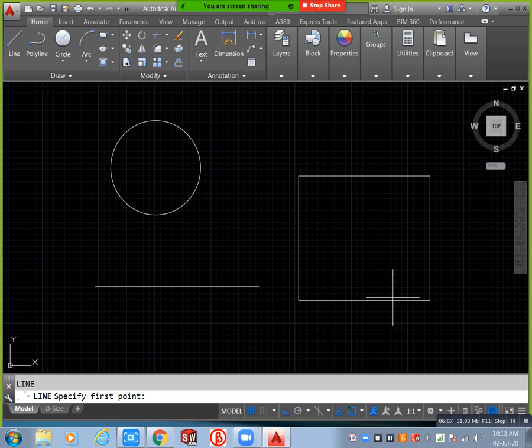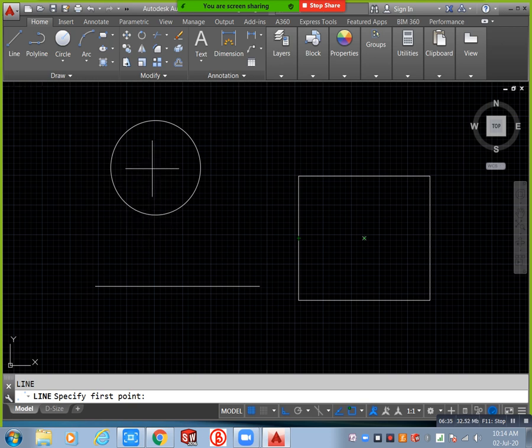My cursor is at the corner point, right? But it is automatically taking a midpoint. Only midpoint will be indicated, and when you go to the center, the geometric center is indicated. Again you can go here. Our corner points are not indicated. Why? Because we selected only geometric center and midpoint. That's why only those 2 indications are displayed. Here not displayed, here not displayed, here not displayed. For example, you can go here, here also not displayed.